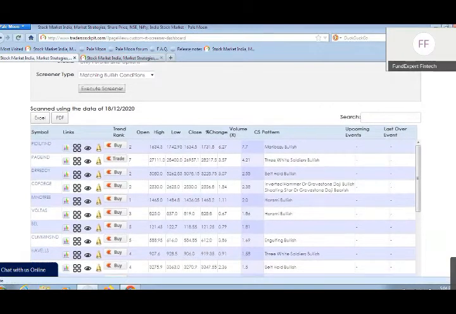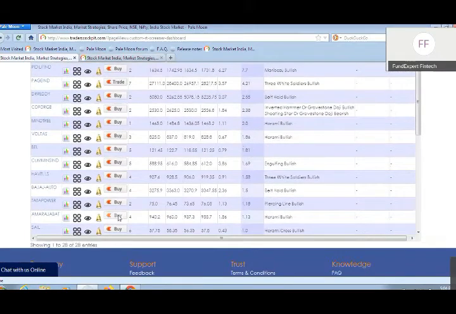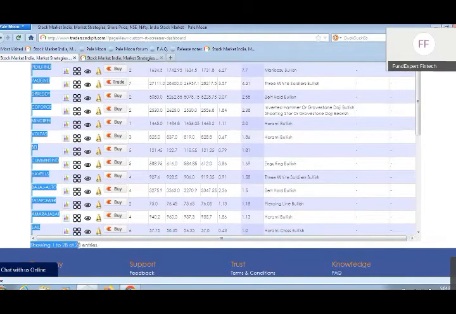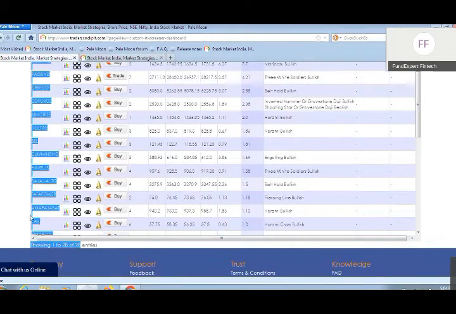Now, how this works out is, once you click on this execute screener button, you'll see the list of stocks downside. For example, it is showing me some 28 records currently. Obviously, it is not advisable to take a position in all these 28 stocks, and it is not possible also. On a given day, it might show you some 20-30 different stocks, but that doesn't mean that I need to take a position in all those stocks for BTST purposes.